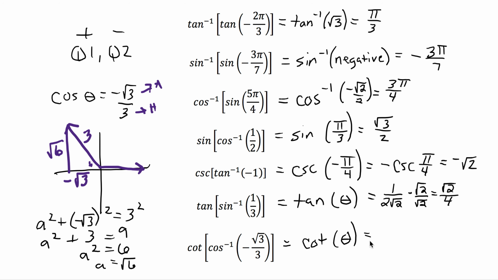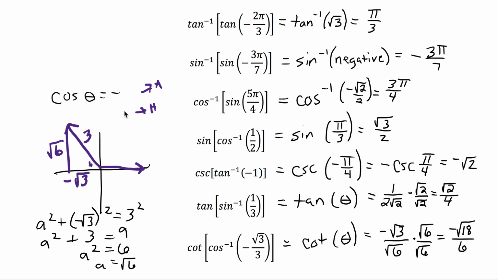So cotangent is adjacent, which would be negative square root of 3, over opposite, which would be square root of 6. Okay, we're going to rationalize by multiplying top and bottom by square root of 6. So we're going to have negative square root of 18 over 6. Okay, and we have a little bit more work to do here on this one. I'm going to run out of room there. Let's see if we can stick it up here. All right, so that negative square root of 18